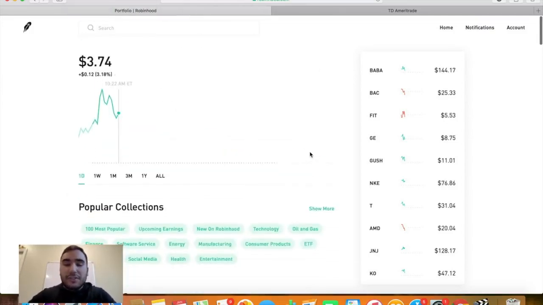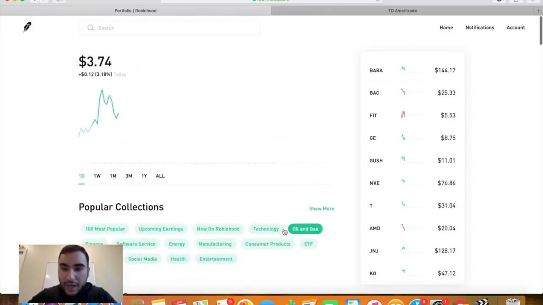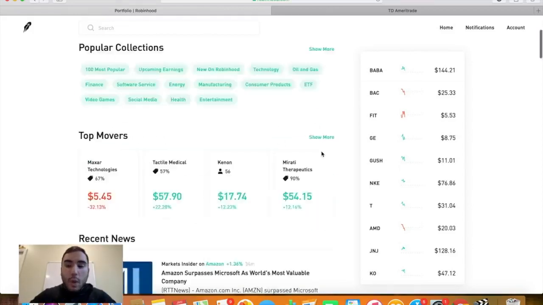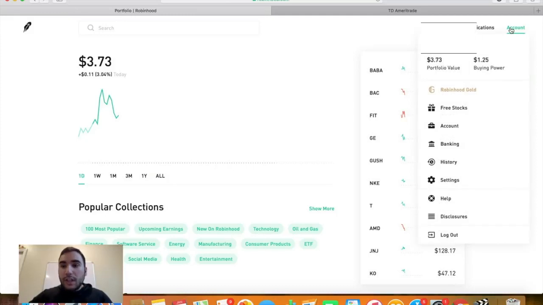And it's very good to just keep an eye on the current news in the overall market. So that's what the first page of this web interface looks like. And if we want to take a look deeper into what is going on here, you can click on your